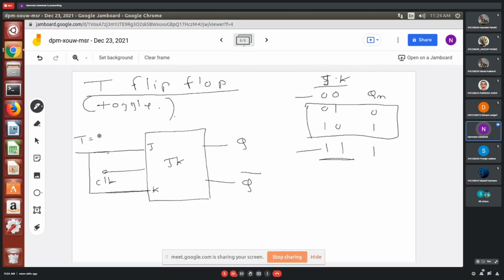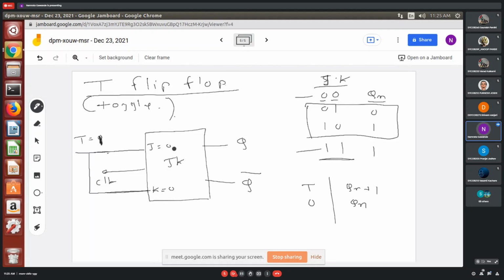So if I provide the value of T as 0, J will be 0 and K also will be 0. Right? So if T is 0, at that time J also will be 0 and K also will be 0. So what is the output? That is Qn. And if T is 1,